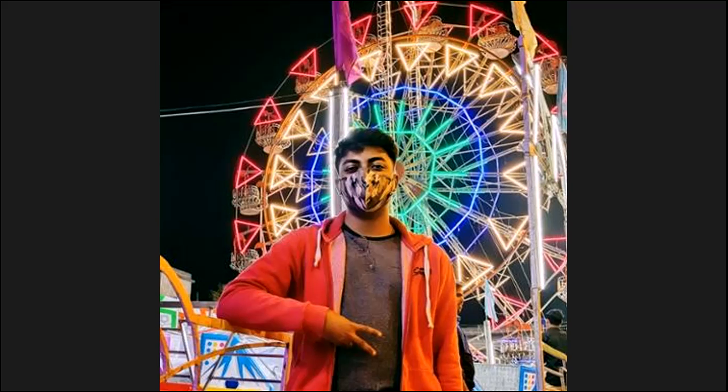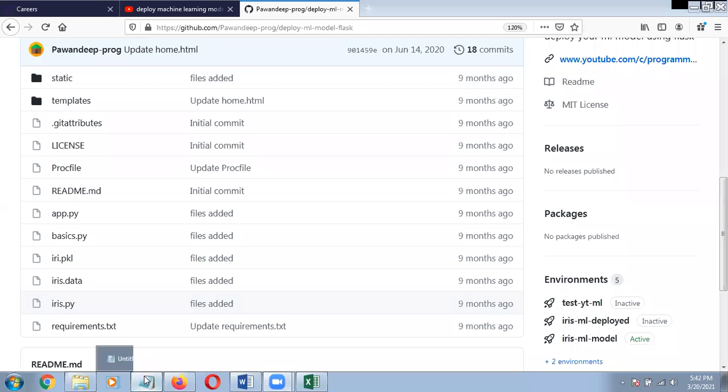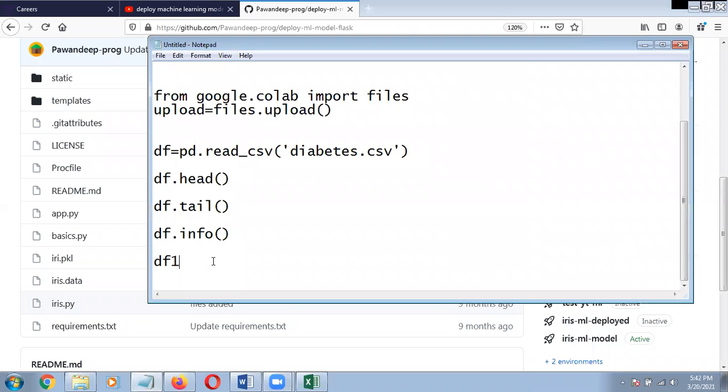Sir, I didn't get you. You have two datasets, right? One is diabetes.csv, another one is diabetes1.csv. Yes, sir. So just after reading in the same way, create another data frame df1 equal to pd.read_csv of